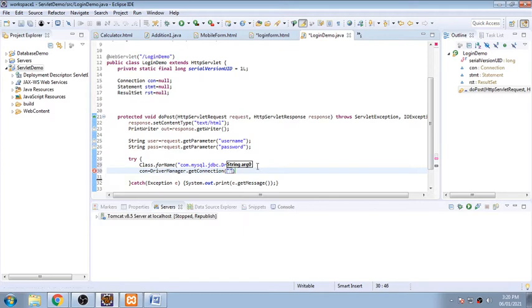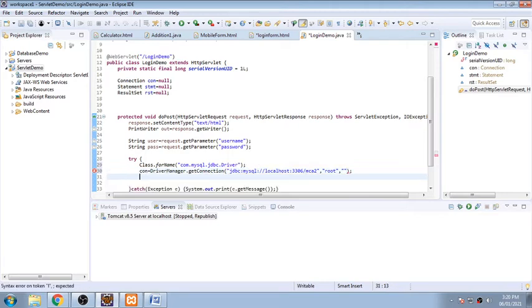So it's jdbc:mysql://localhost:3306. This is my database, then the name of database MCA2, and into this I need to pass two parameters, that is, one is username and password of the database. So it is root by default and no password I have specified. So that is the connection has been ready.